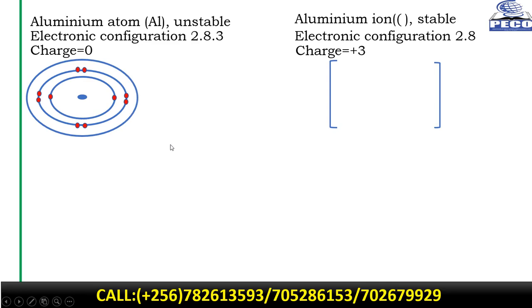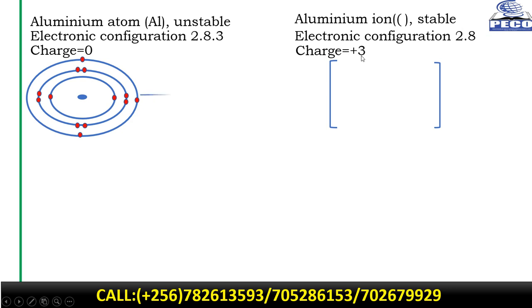We shall have the 3 electrons. So this is 1, 2, and 3. Therefore the aluminium atom, in order to gain the stable electronic configuration, has to lose the 3 outermost electrons. So for us to form the aluminium ion, which is stable, with an electronic configuration of 2, 8